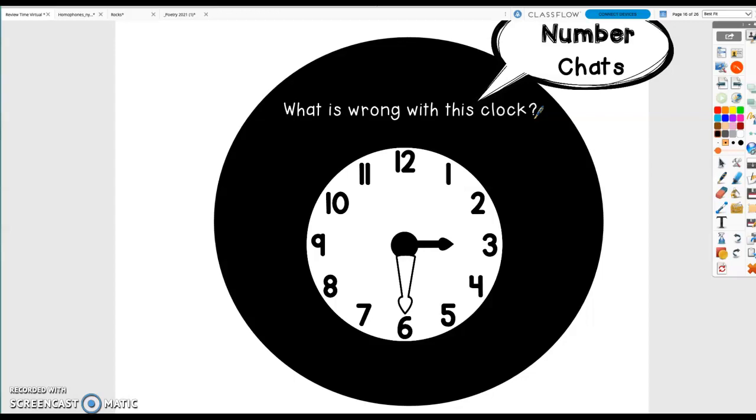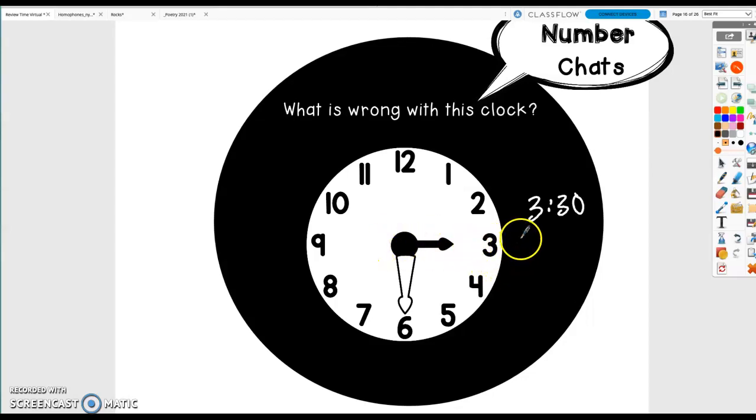Okay, so you may think that this clock looks pretty good. The hour hand's at the 3, and then the minute hand is at the 6, so my time is 3:30. Well, what's wrong with this clock is that the hour hand doesn't show that it's 3:30 because it's straight at